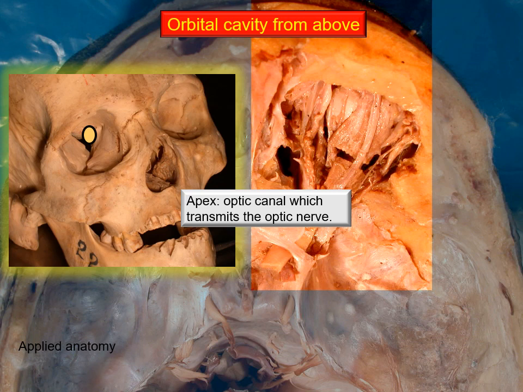At the posterior, that is the apex, there is the optic canal which we will demarcate as the point referring to the apex. But right below the apex you can also see the superior orbital fissure and the inferior orbital fissure. The two fissures meet almost at the optic canal. There is a small ridge of bone separating the two.